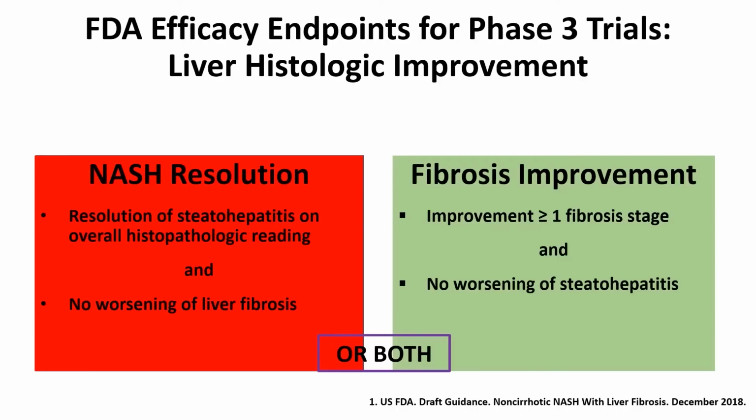Next slide. So in terms of FDA approving medications, we only have two endpoints that the FDA will acknowledge now in a phase 3 program. And they're both based on histologic improvement, which means you need to do your biopsy at baseline and then a biopsy at the end of treatment. The endpoints are NASH resolution, which means you need to have 0 ballooning on the repeat biopsy, and you can only have minimal inflammation, so grade 1 inflammation, or fibrosis improvement by 1 stage. So you go from F3 to F2, for example, and you cannot have worsening of NASH when you improve fibrosis. Next slide.